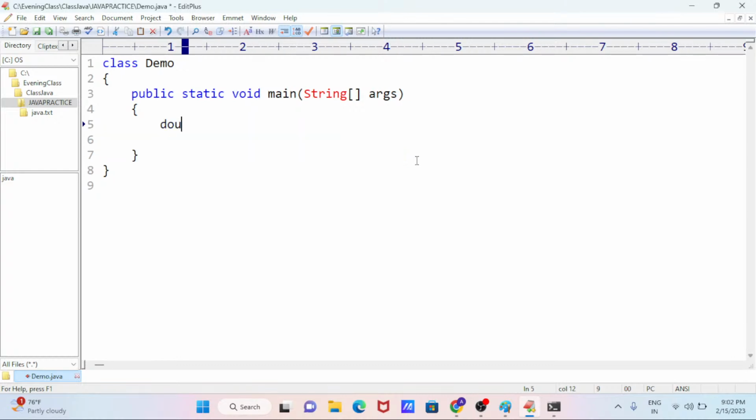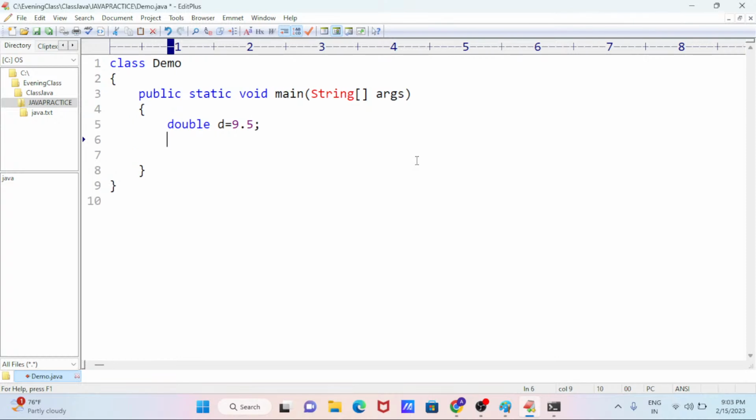Okay. So here I am having one data type. Call it as double equals to. Okay, guys. I am writing my GPA 9.5. So now this is one double type data. Correct or not? So I am converting integer A to D. So now here I am printing. System dot out dot println. So here I am printing A.